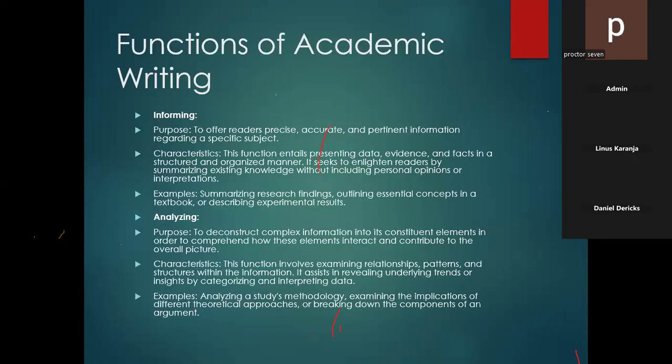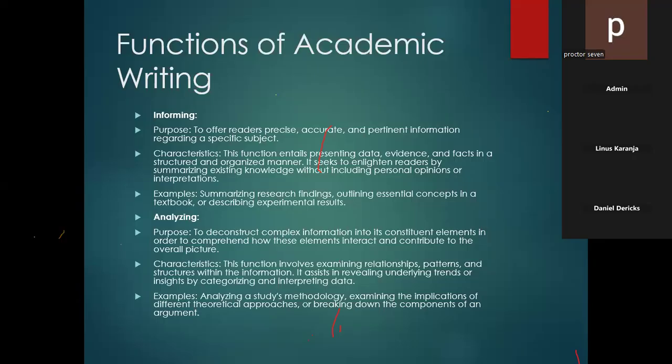What are the functions of academic writing? One, informing. When we create some of these studies, we are able to inform the audience through descriptive writing. When we describe features of a certain thing, we are informing the audience. And also when we come up with a new argument, like Galileo was able to discover that the earth is spherical, and he was able to inform us. And Copernicus came up with a telescope, and we were able to discover and we were informed.